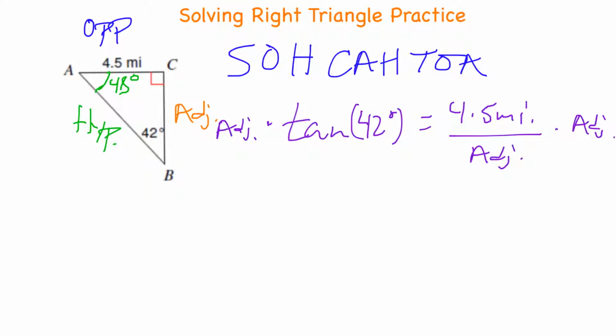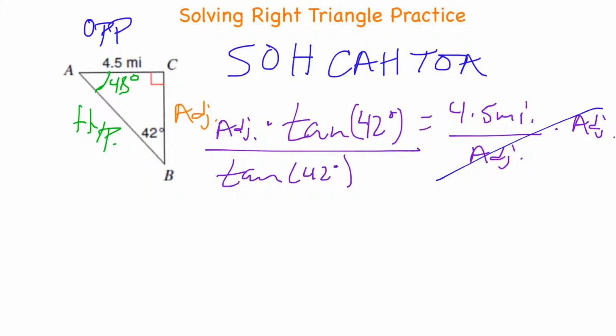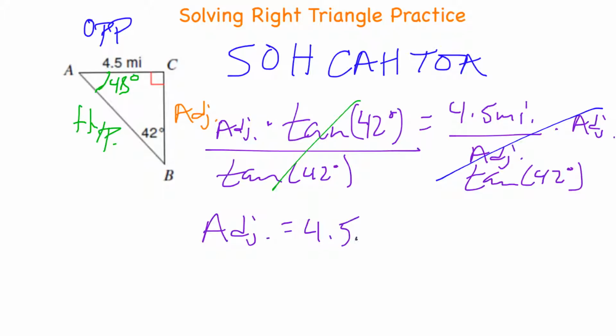These cancel out over here, and we are left with, oh, wait a second, we need to divide by the tangent of 42 degrees on both sides. And then these will cancel. And now we're left with the adjacent side is equal to 4.5 miles times the tangent of 42 degrees. So the adjacent side equals